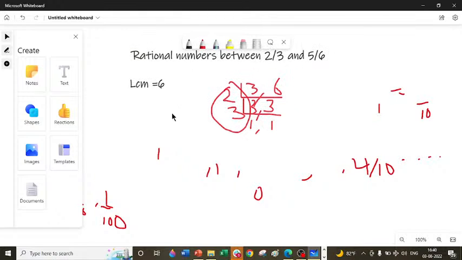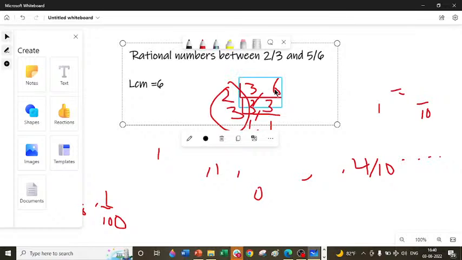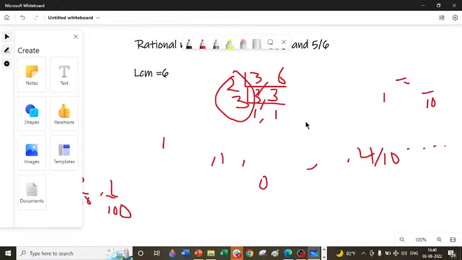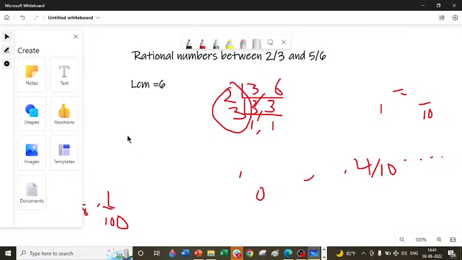और अब हम फाइंड आउट करेंगे कि 6 के बाद हमें कैसे फाइंड आउट करना है रैशनल नंबर बिटवीन 2/3 and 5/6. So let me just make some space over here so that we can do some. So yeah, तो जैसे कि आपने ये देखा कि